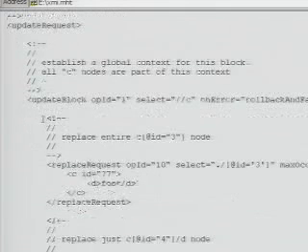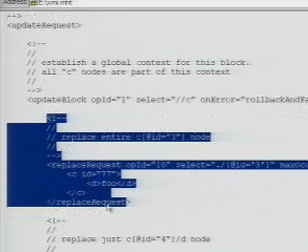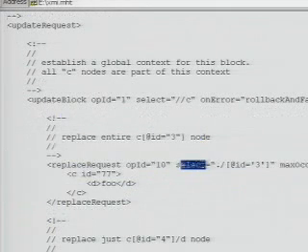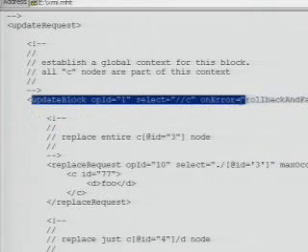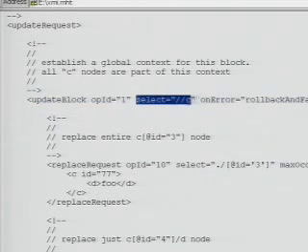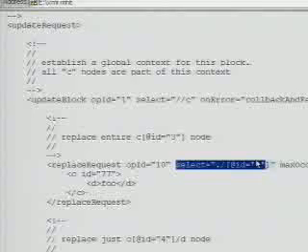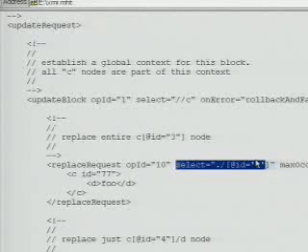So the first operation we wanted to do is a replace request, like we talked about before, and we're saying the thing I'm actually looking for is something with an ID of 3. The important plot point here is that this update block up at the top sets the tone for the entire operation. You'll notice that he says, I'm only going within everything you find within me, I only want to go after the node C. So every operation down here is relative to the update block that set the tone. Does that make sense? Yeah, it's kind of like a with statement.